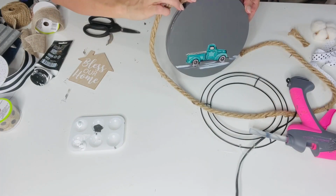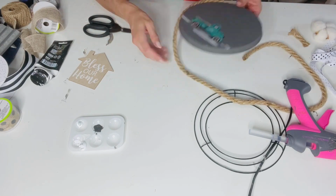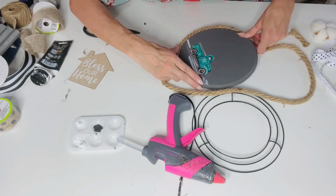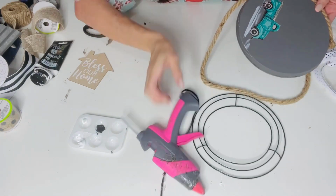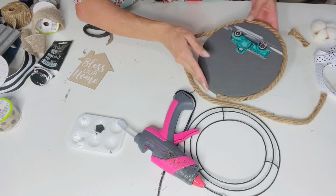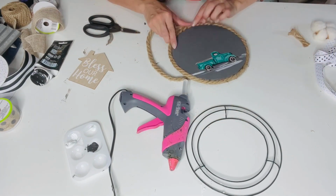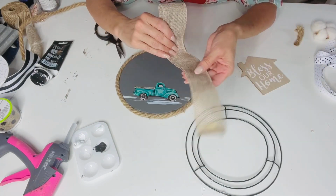So again, I'm trying to go with a little bit of a farmhouse theme, I guess, but more sweet and cozy and kind of country. I'm taking this nautical rope and I'm going to hot glue this around the edge of my burner cover. Again, I'm trying to not make it look like a burner cover, but more like a decor piece. The other thing I had was this little bless our home, and I popped that